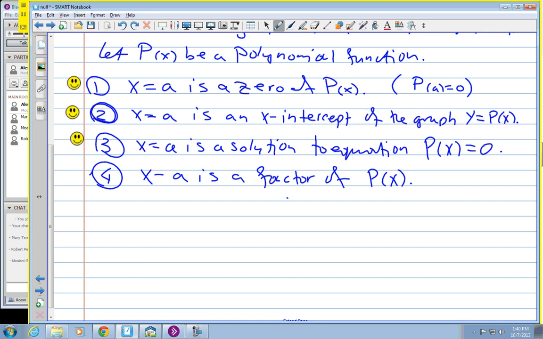Now this one is a little harder to see. We can see that if x minus a is a factor, then all those others will work, because if x minus a is a factor, then x equals a is one of the solutions to this equation, and so forth. But the other way around is harder to see. And we use that, remember that problem: if you have a quadratic function that has x-intercepts -2 and +5, find that function. We did that exactly a week ago in class. So that was what we were talking about. But anyway, we'll talk about this statement in more detail a little later. But for now,